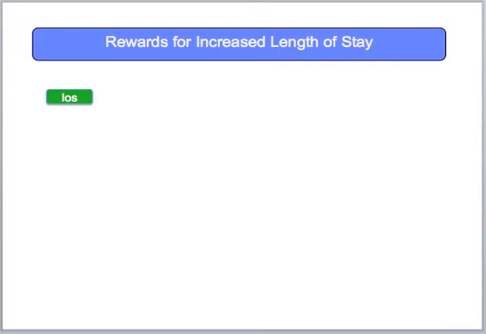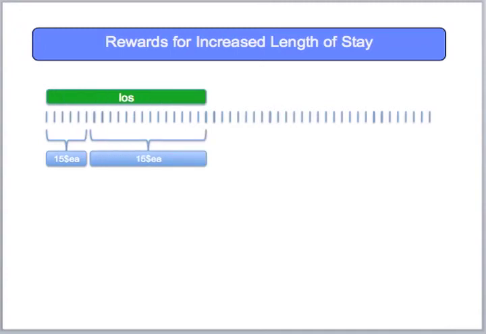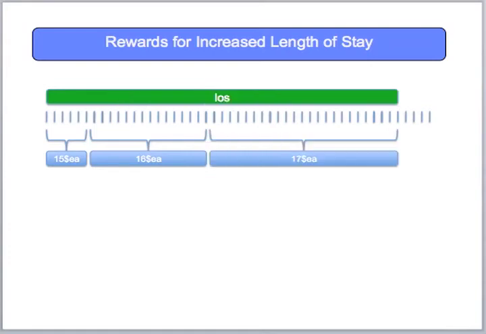We can pay a provider such as an active care specialist $15 per visit, for instance, for the first few visits. We can give the provider a goal of a higher pay rate, say $16 per visit, if the provider manages the patient well and the patient stays longer. We can continue this pattern to later and later sessions to provide increasing rewards for greater lengths of stay,